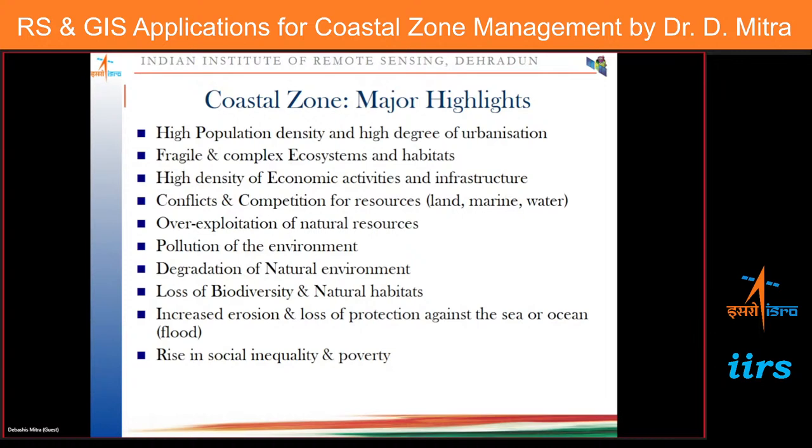Migration is happening towards the towns and cities. They want to get a white collar job and other things. So the traditional livelihood they are living, that is another issue. Inequality is increasing. Whenever you talk about coastal zone management, you have to take care of these aspects